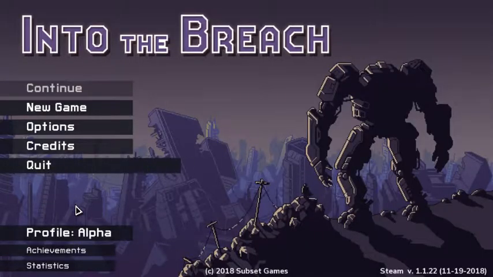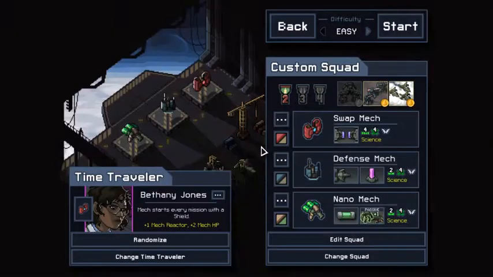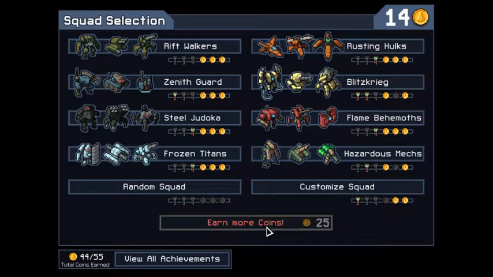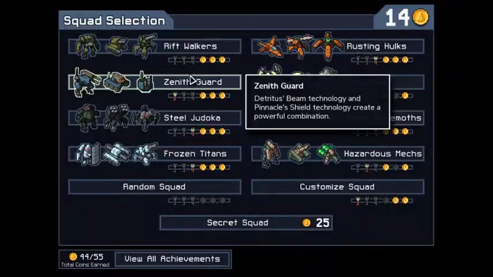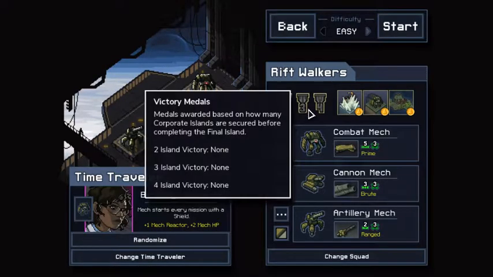How does this work? New game. It's always weird starting a new game, but we want to change squad. We're trying to get this right here, the secret squad, and we need 14 more. So I think these award... Here, let me go back to the beginning squad. I think are these...